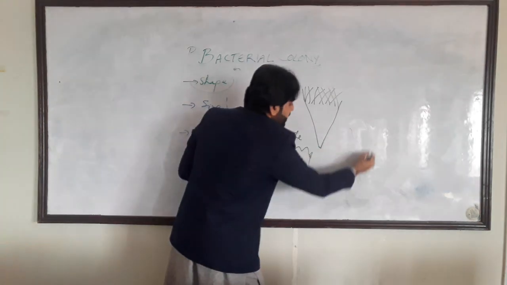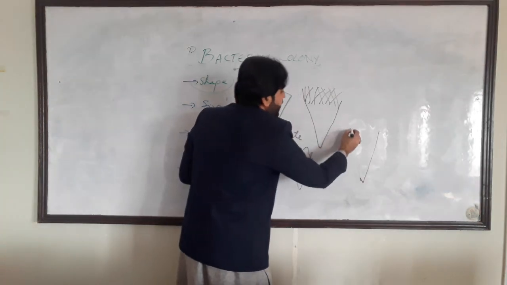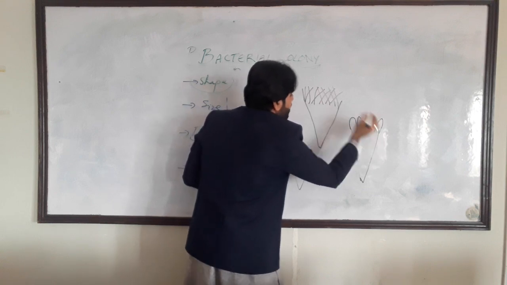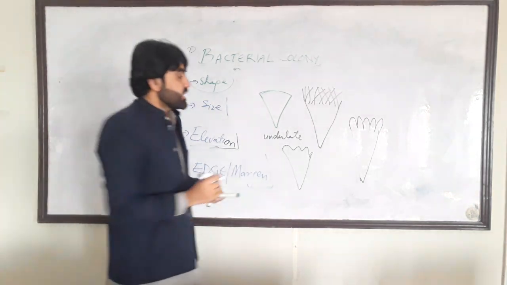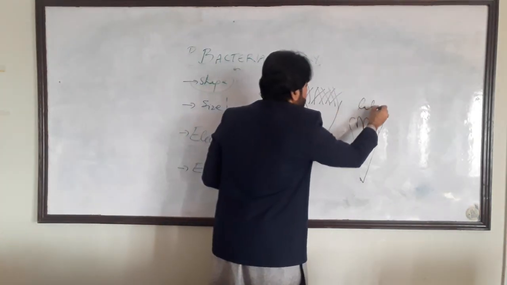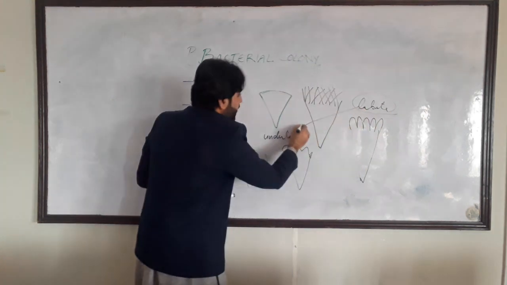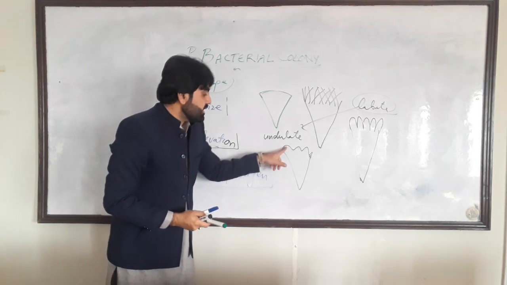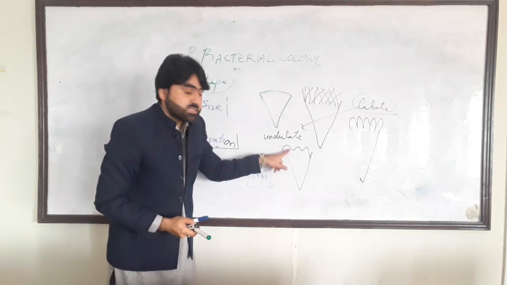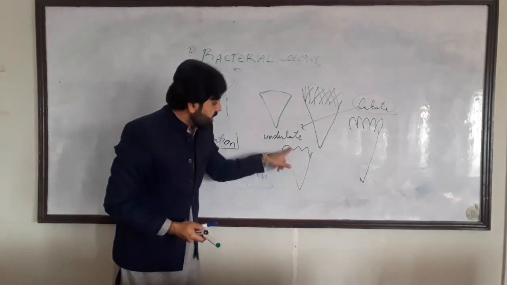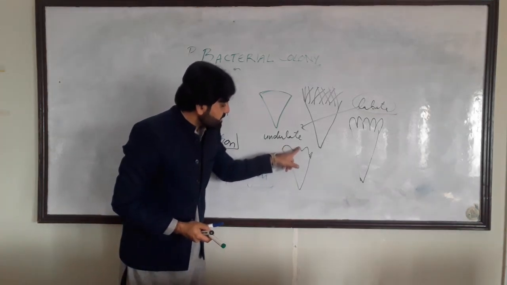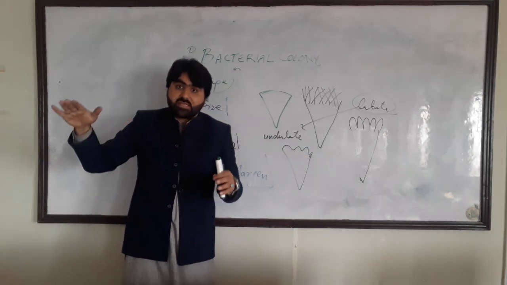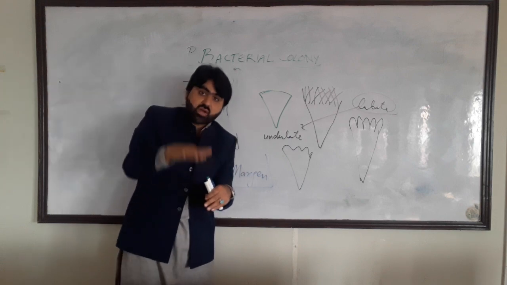Or another most common margin is lobate margin. Here you can see the lobes at the margin of the colony, then we say lobate margin. The difference in lobate and undulate is that in undulate margin, these waves are different in size, like one is large, but the lower angle is small, then the second elevation is small, then it is very deep, then it is very high. So the waves are not equal in size, they are different, therefore it is known as undulate.